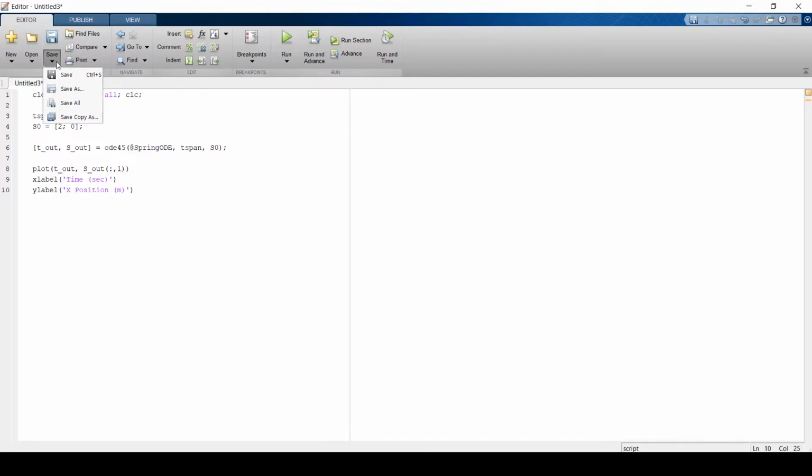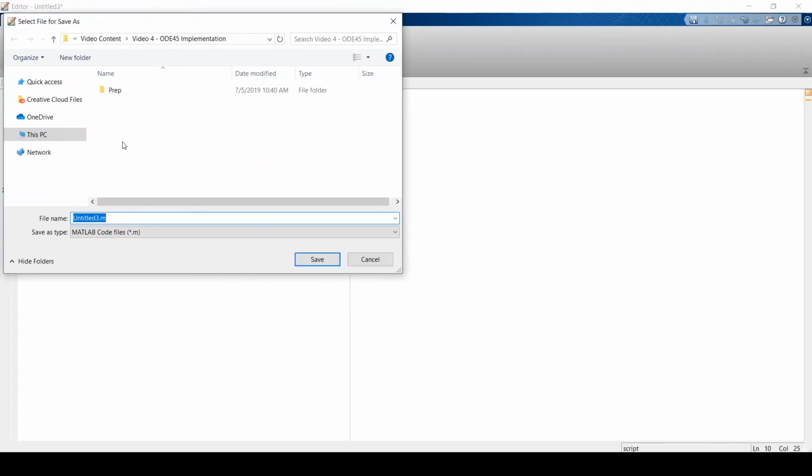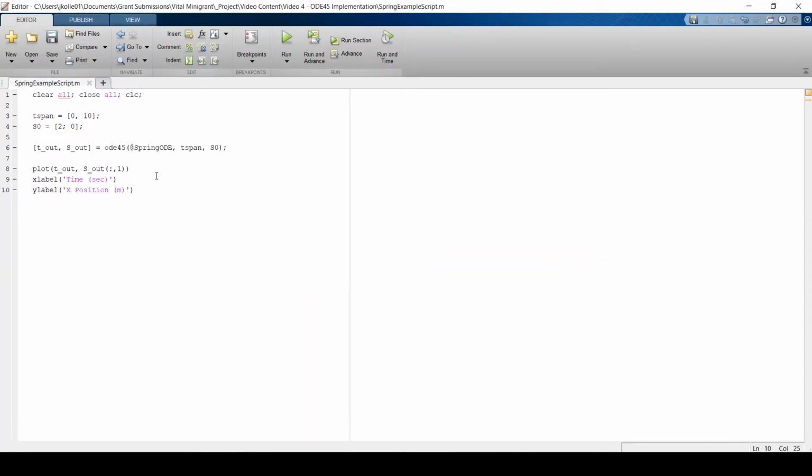Okay, so I'm going to go ahead and save this as a spring example script. And now what we need is just to build up this Spring ODE. So we need to describe how we get from S to S dot for MATLAB. If you look at the ODE45 documentation, this is often done purely as a function handle in line with the